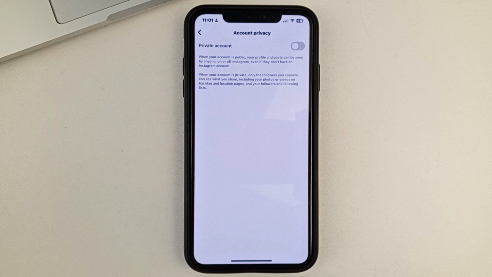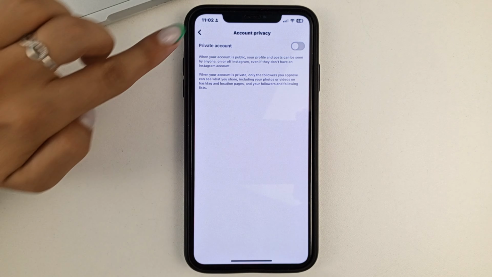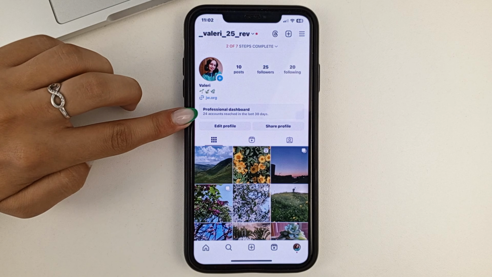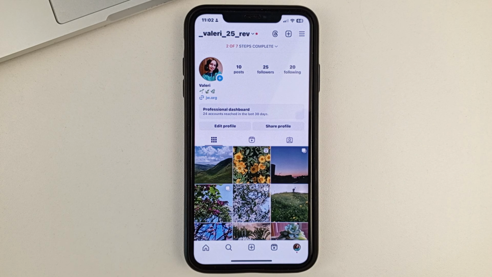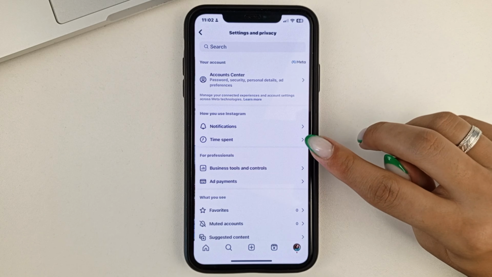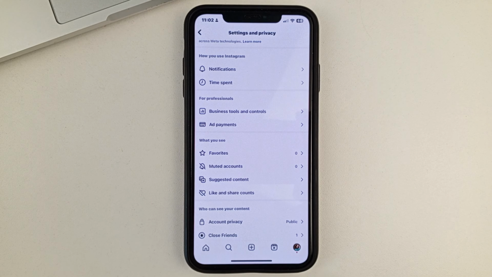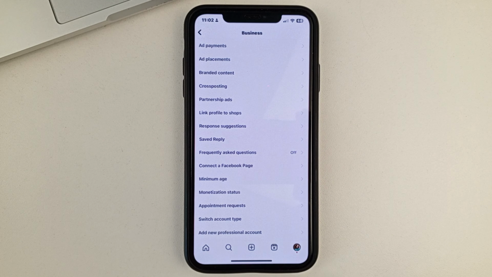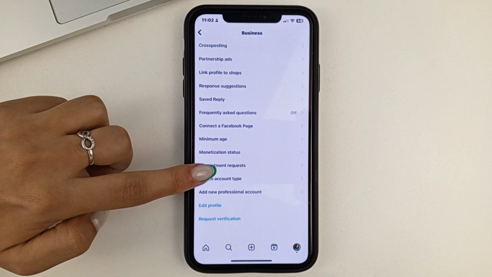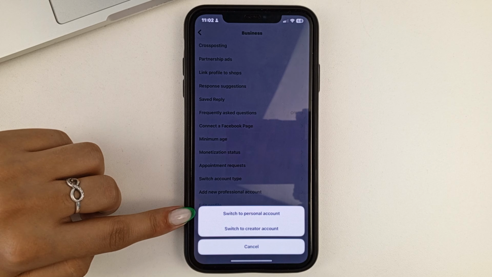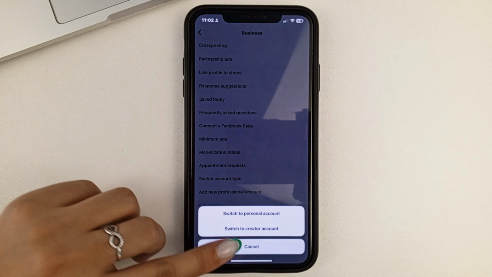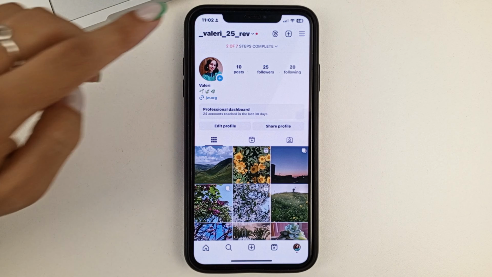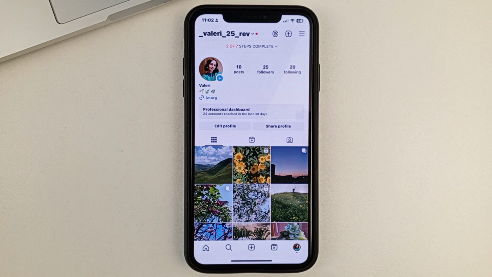If you can't do that or you can't find that setting on Instagram, then the problem will be that you have a professional account. First of all, friends, you'll need to switch also in the settings to a personal account. To do that, find this option here. Then switch account view. And here you'll need to choose to switch to personal account. Once you do this, you can easily go in and make your account more private.